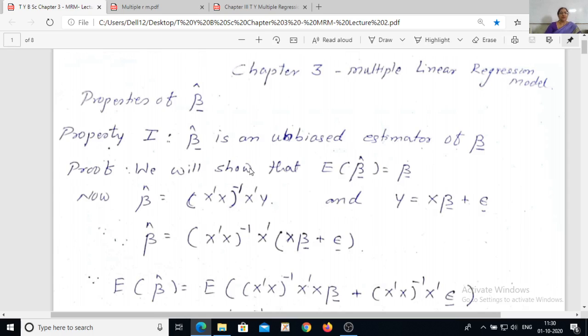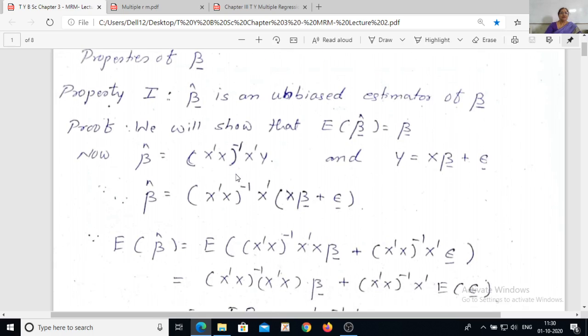So when we compute beta cap with the help of n paired observations on p plus 1 variables, we can obtain beta cap by using our least squares method. Now we will discuss some properties of beta cap. Property number 1 is that beta cap is an unbiased estimate of beta. Beta is the population regression coefficient, a vector of p plus 1 items. So let us have a proof of this statement.